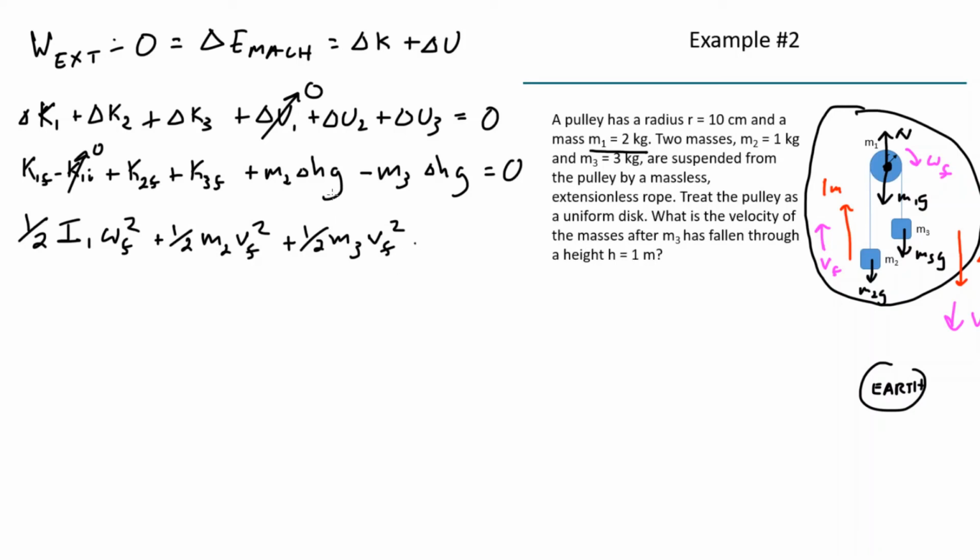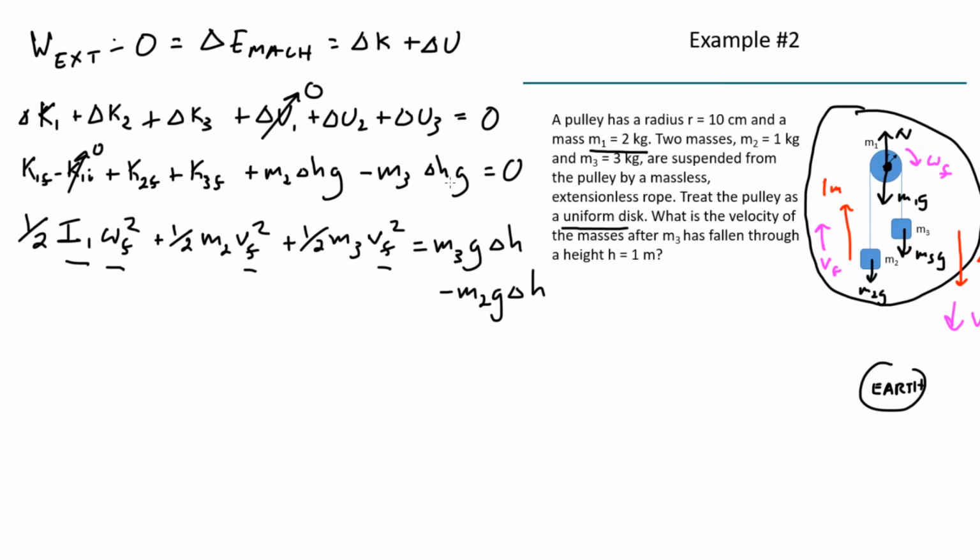And let's write this as, this equals M3 G delta H minus M2 G delta H. I just moved those to the other side of the equation. Okay. Now I've written out my conservation of energy equation, and I have all these terms. I'm trying to find V final. I have 2 V finals in here, but I also have an omega final, so I actually have 2 unknowns. Well, I actually have 3, because I also don't know I1, but real quick, it says treat this pulley as